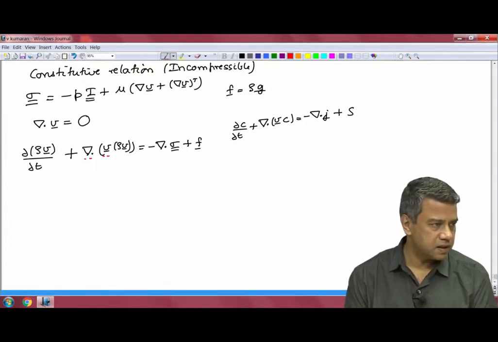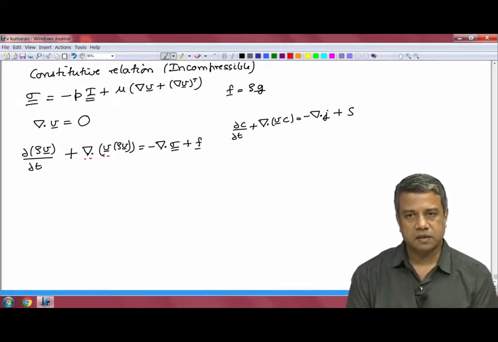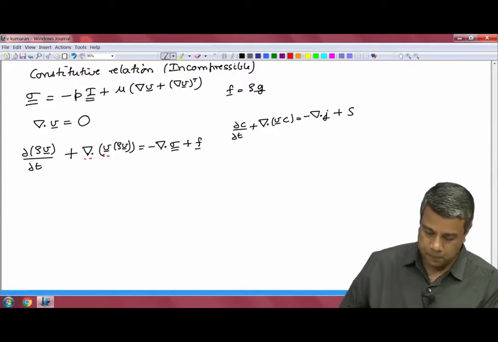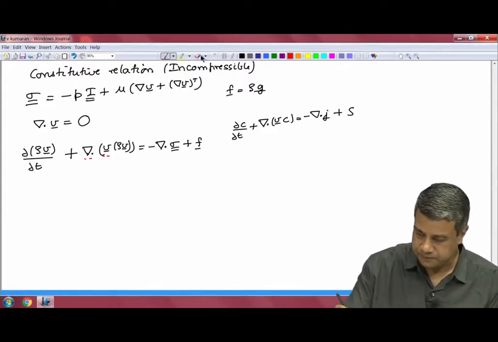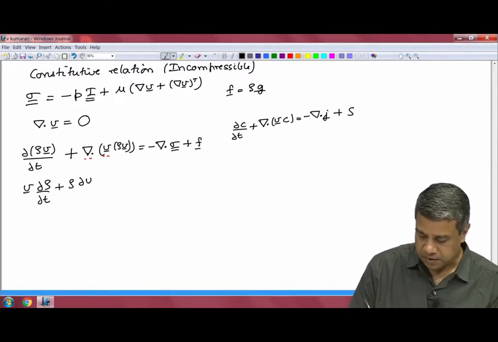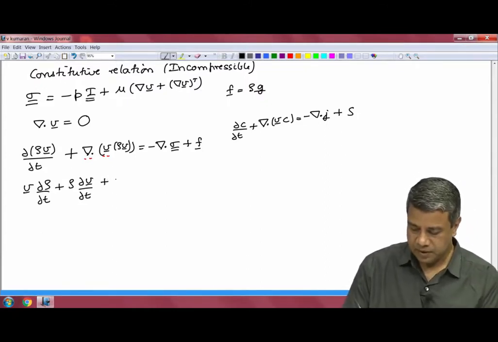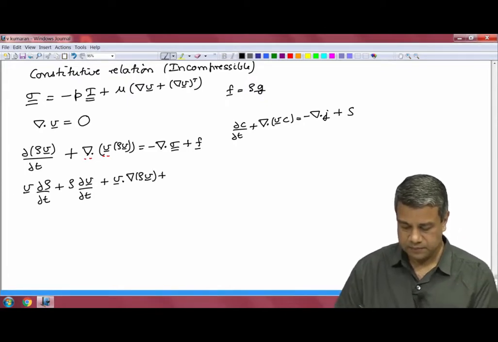On the left hand side, I can differentiate using product rule. So, what I will get is V partial rho by partial t plus rho partial V by partial t plus V dot grad of rho V plus